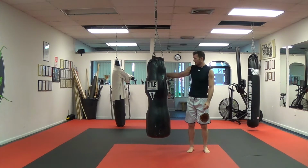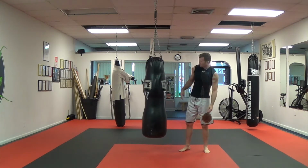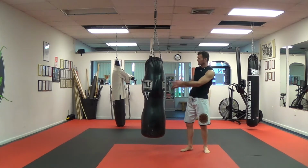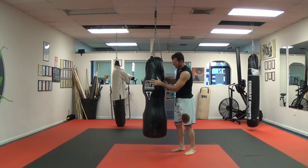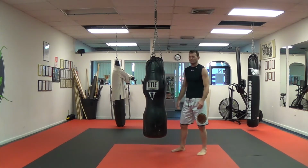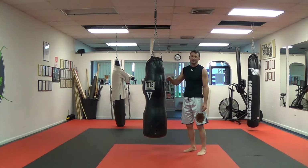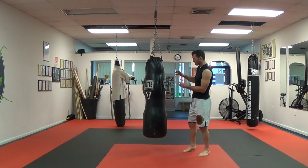Okay, so I've got my bag here. This bag is more like a throwing dummy slash human body bag. You can see it's kind of got a head up here. It's got a chest, upper body here. It's got the middle of the body, and then it's got the bottom. It doesn't have arms or legs, but I wanted to demonstrate on this bag specifically because for the spinning side